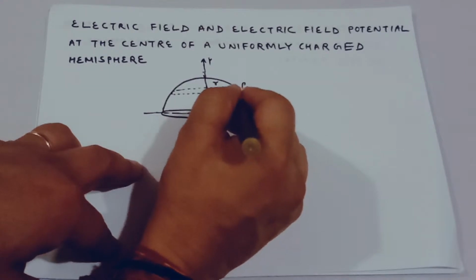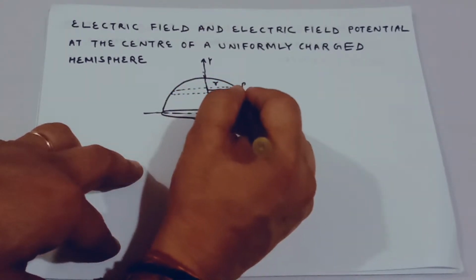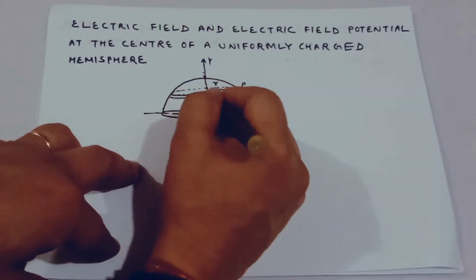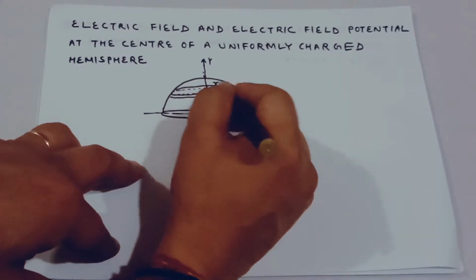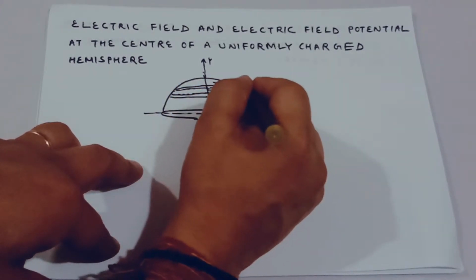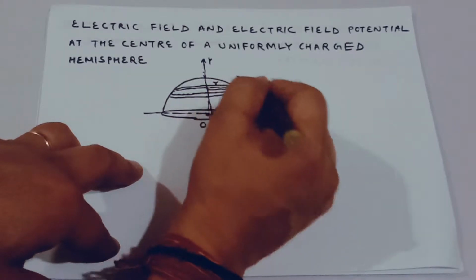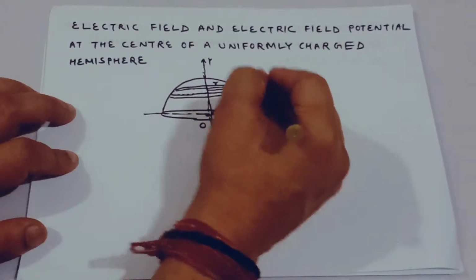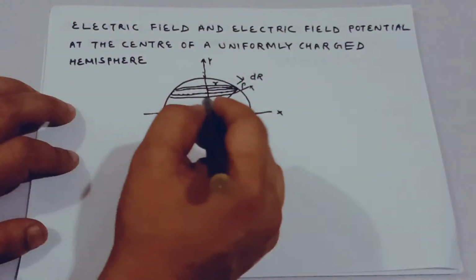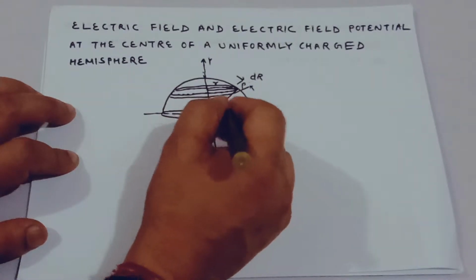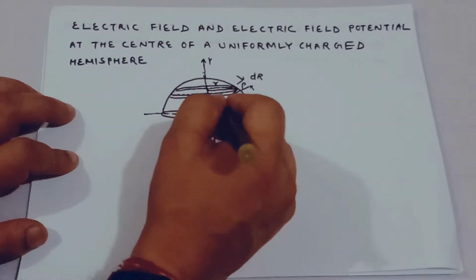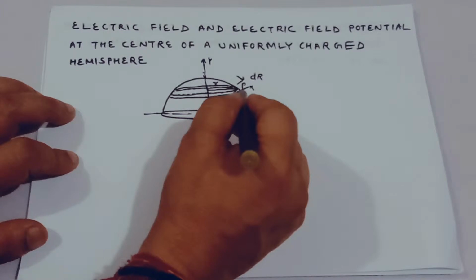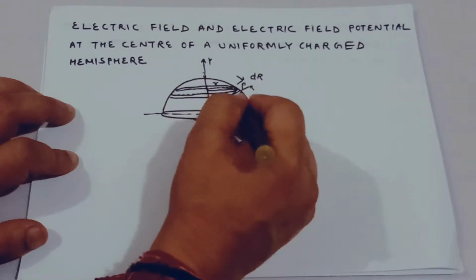And this particular small circle of radius small r is in the form of a strip, and this strip has a particular thickness, suppose dy. Suppose this thickness is the hemispherical strip thickness, capital dR, and capital R makes an angle theta at point P from the center. So this strip having a thickness dr would be making an angle, suppose this much, and this angle is